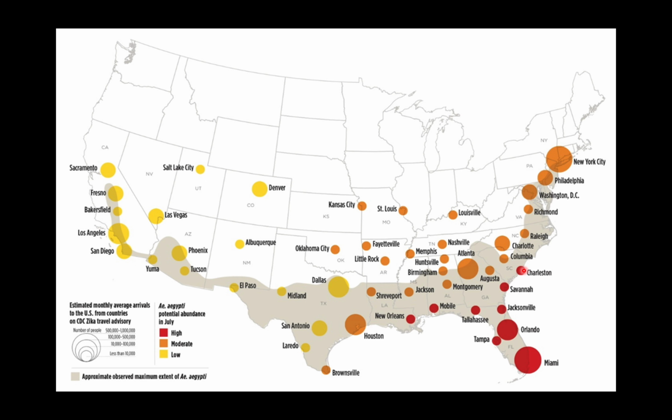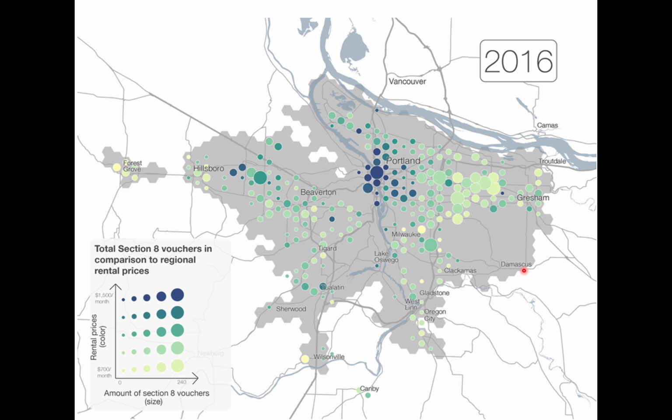So this is the case of using multivariable symbology. Here's another multivariable symbology. Once you get into these multiple variable symbologies, this is looking at rental prices and the amount of Section 8 vouchers in particular areas in Portland. You can see that once you start getting into these multi-symbology